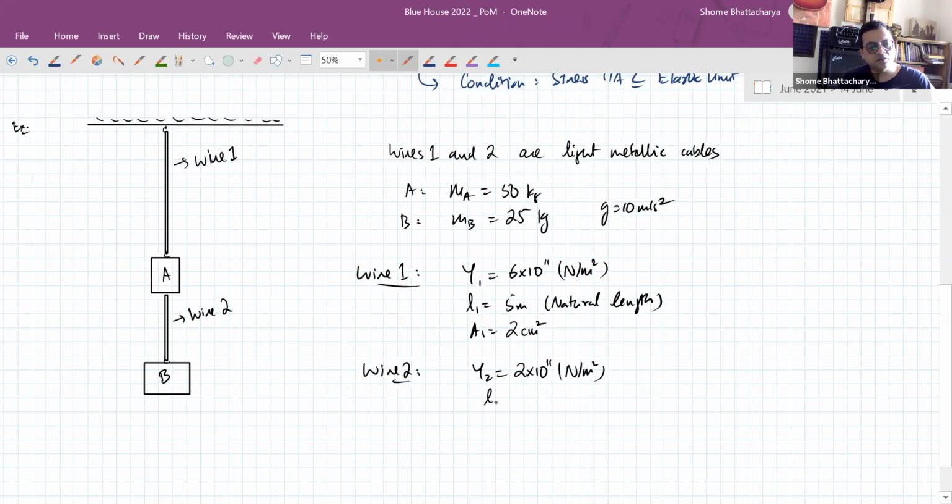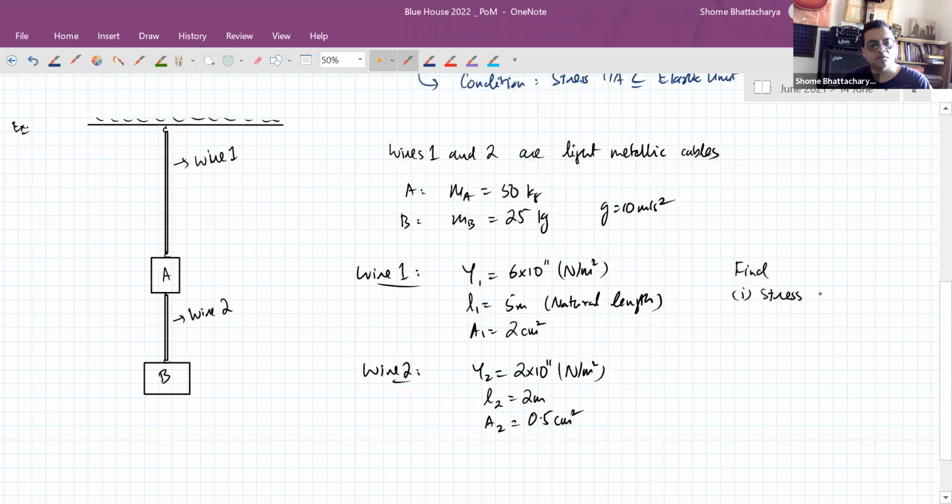Natural length is 2 meters, but the area of cross section is 0.5 centimeters square. Don't go by a diagram where the wires look equally thin and all that. Okay, just assume this. So we have to find